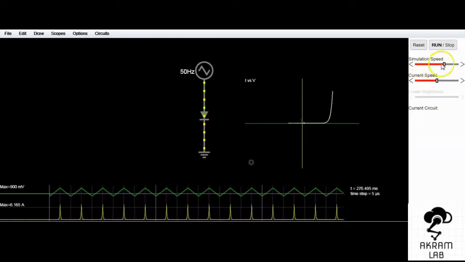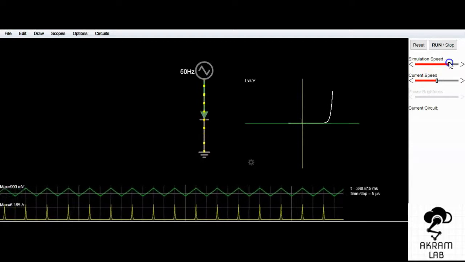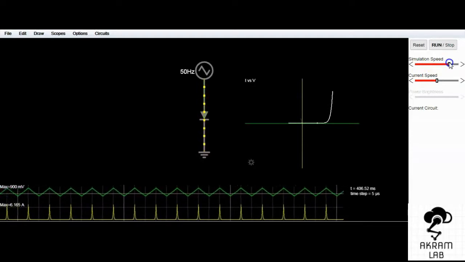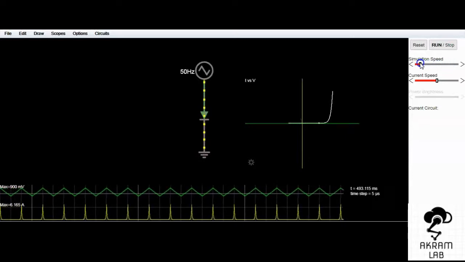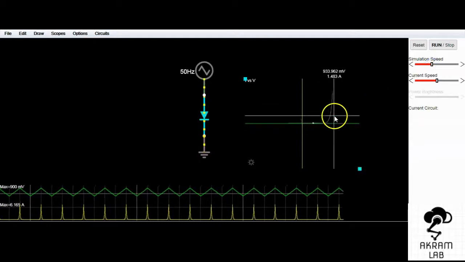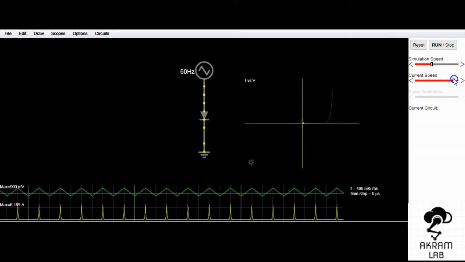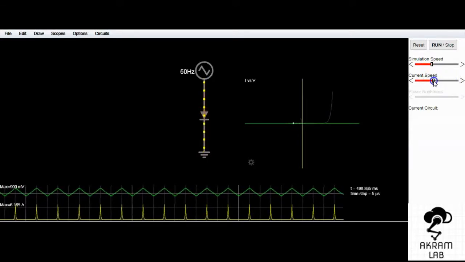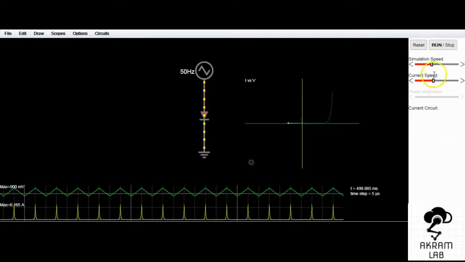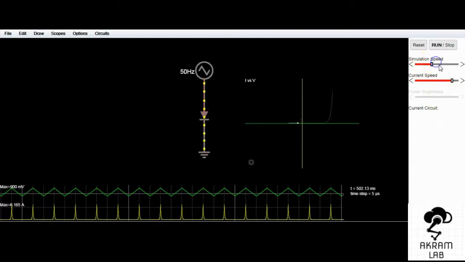If we change the simulation speed here now, you can see that the change is much faster than the previous. If you want to see it more slowly, you can just slow this. Similarly for the current speed, you can see here that the current speed is decreased, and here it is the maximum. In this way you can test it